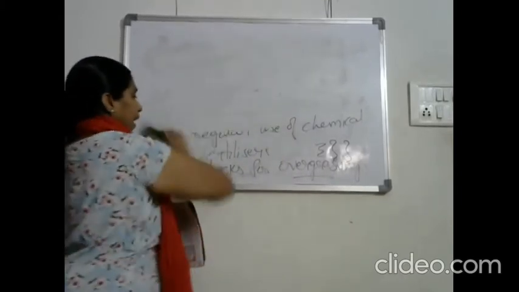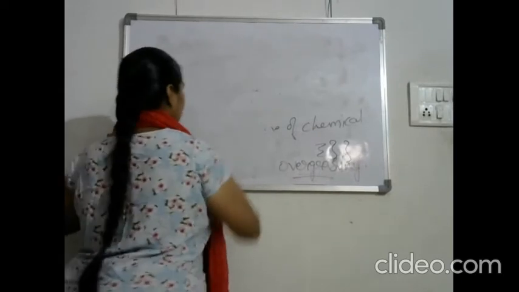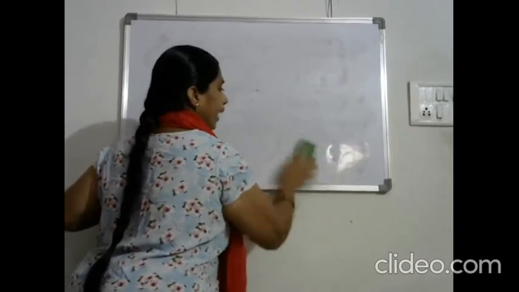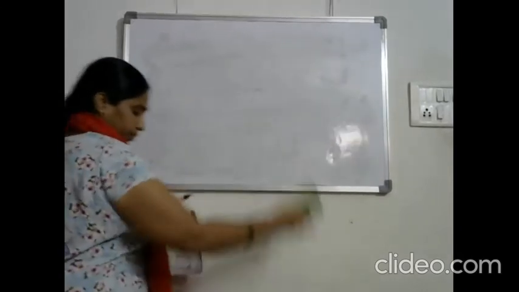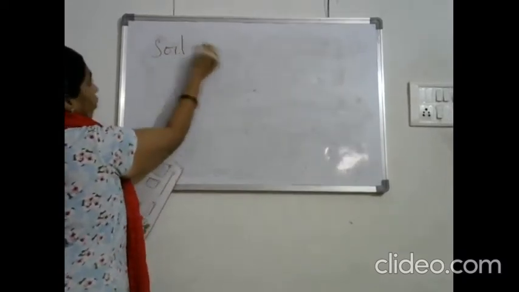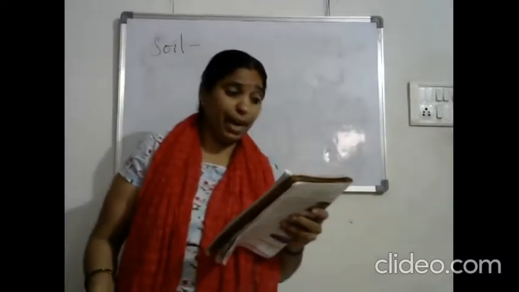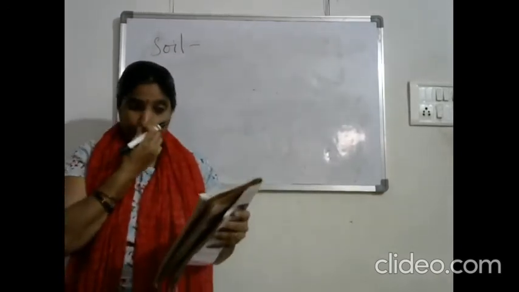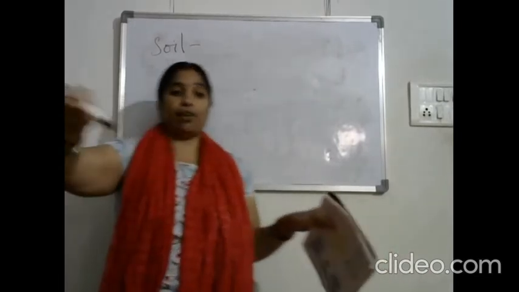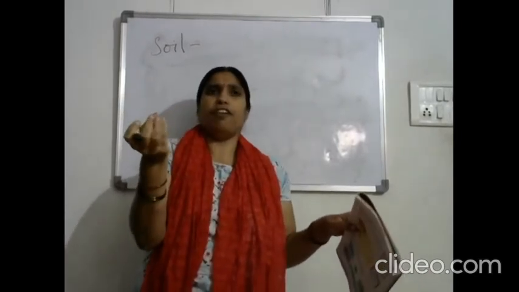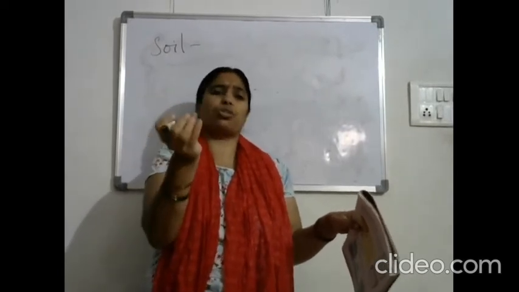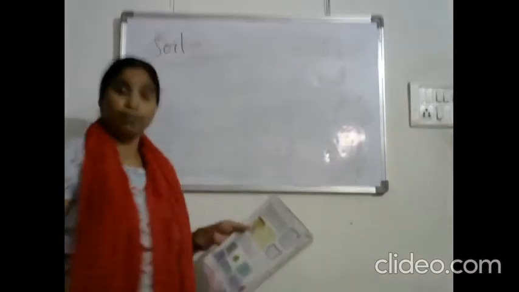Now, coming to the next natural resource, our soil. Okay, soil is the next most important natural resource. Now what is soil? Soil is nothing but the grainy substance which covers the surface of the earth. You can see the top layer of the earth's surface, which is grainy, which is mixed up with the rocks and other substances like stalk, straw, everything. That is called the soil.